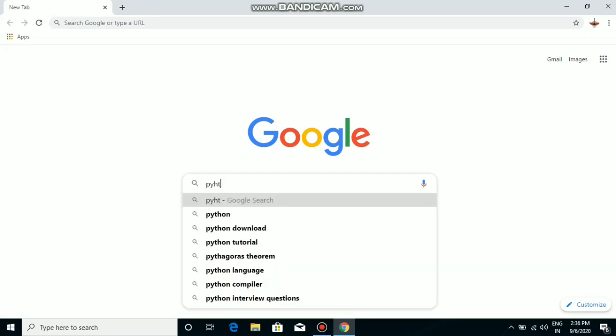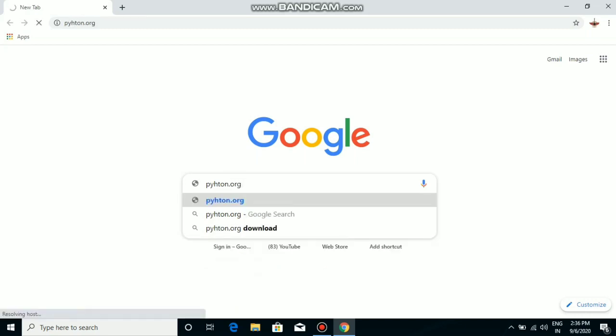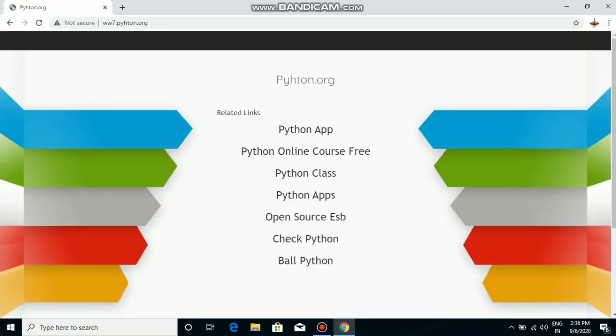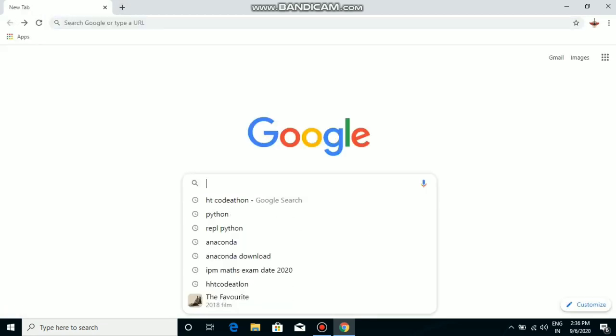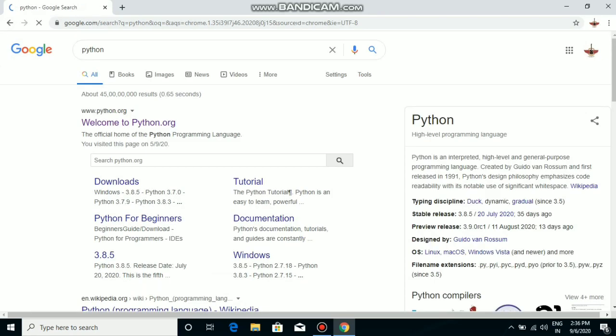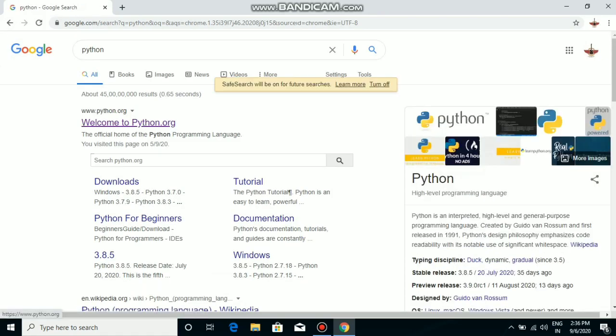Python.org you can type, or you can type Python also, but I'm going to type Python.org. And you have to select the first option. So okay, this is not the website actually. I think I have come to the wrong website, so I'm going to simply type Python.